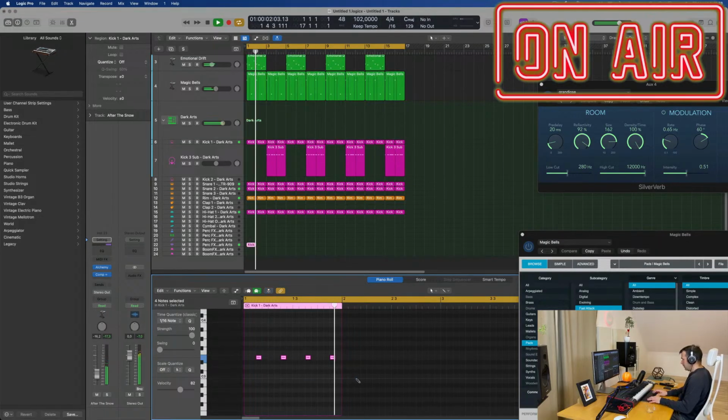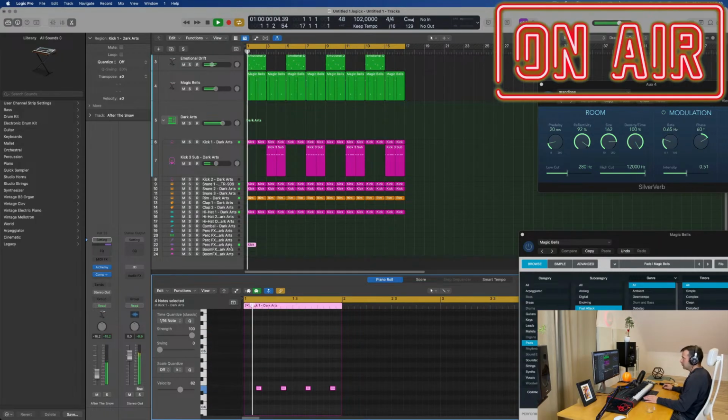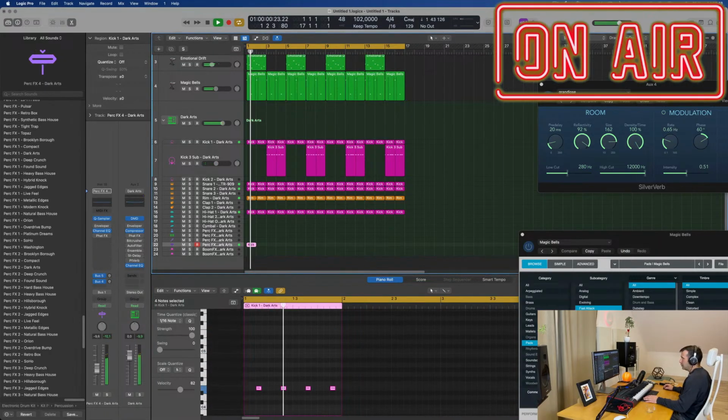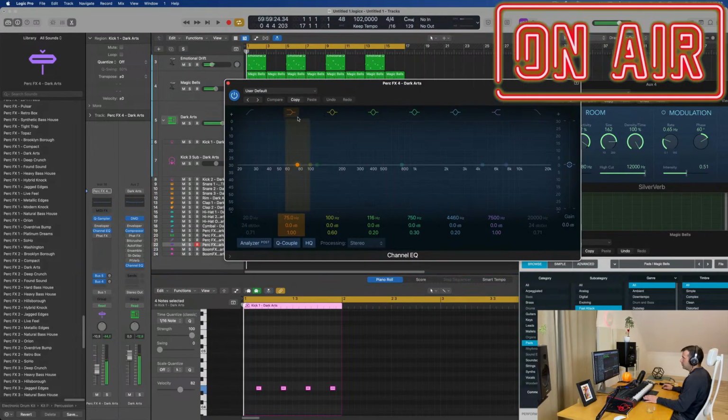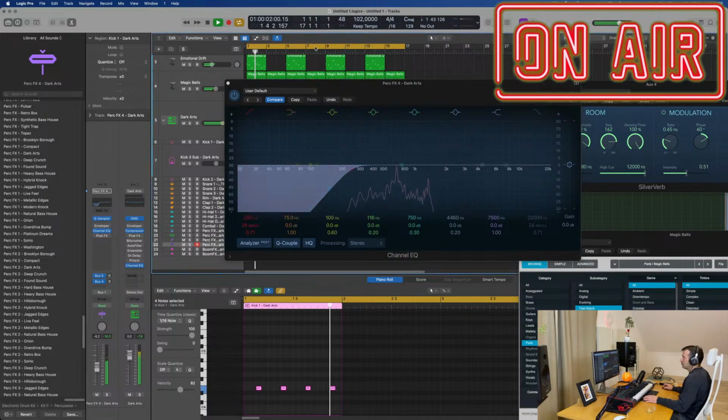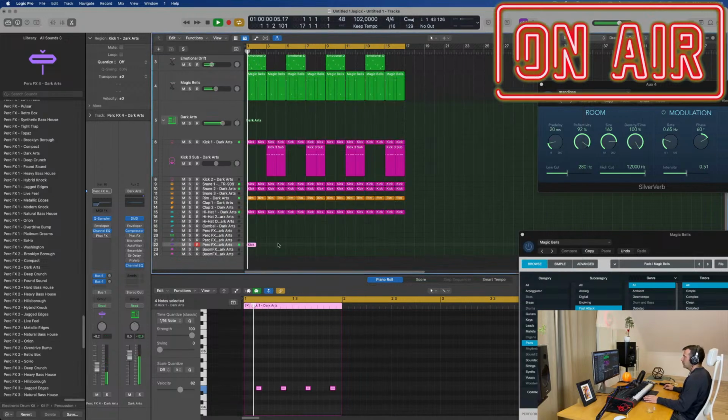Let's set that a bit higher. Oops. Control A. Shift. Oh yeah, that is definitely trippy, in the context right now, yes. That's a keeper.